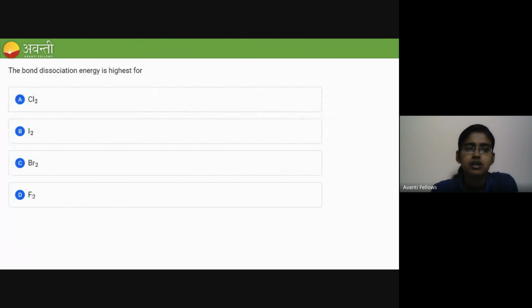Coming to the next question. The bond dissociation energy is highest for. So we have fluorine, chlorine, bromine and iodine. Among these four, chlorine will have the highest bond dissociation energy because in fluorine, since the size of the